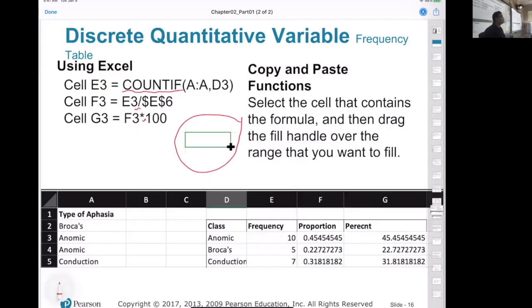So that means you will do the function just one time and copy and paste it to the other cells. So you don't need to repeat the function each time. You will do it one time, and after that you can copy and paste it, so you will have the entire table. Okay. So let me share with you